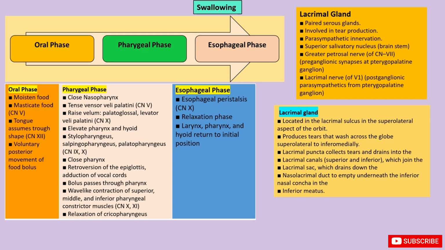While the lacrimal gland, a paired serous gland involved in tear production, has parasympathetic innervation. So superior salivatory nucleus, greater petrosal nerve, and the lacrimal nerve. The superior salivatory nucleus, as I told you, is innervated by CN7, providing parasympathetic secretomotor fibers to the lacrimal and all the glands. The preganglionic and the postganglionic is a very important section. So the greater petrosal branch of CN7 gives preganglionic, and the lacrimal branch of V1 will give postganglionic